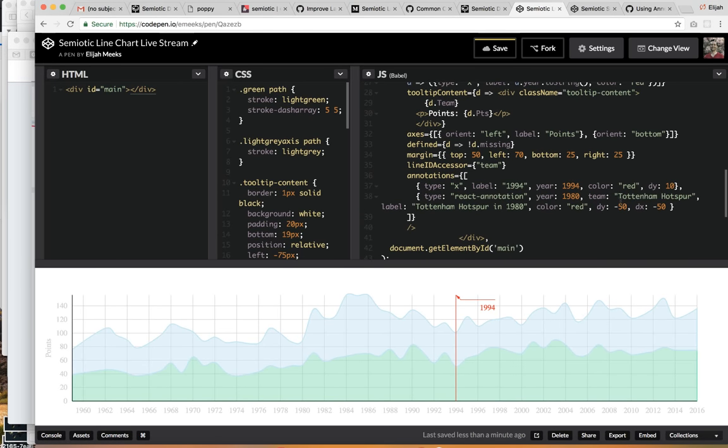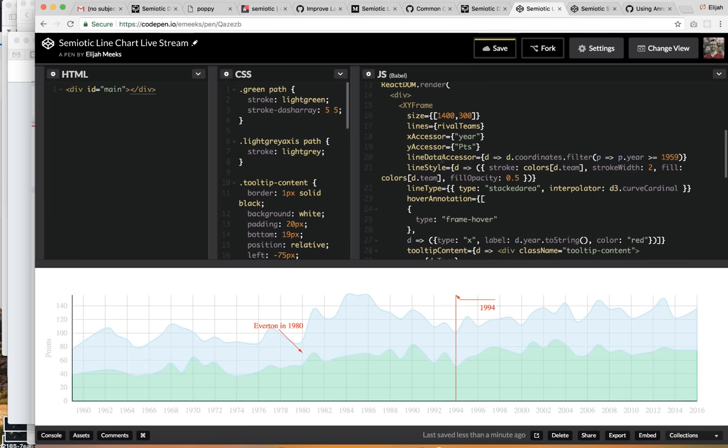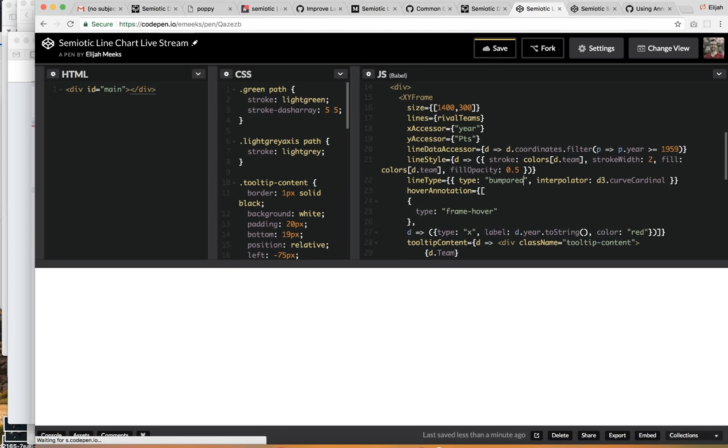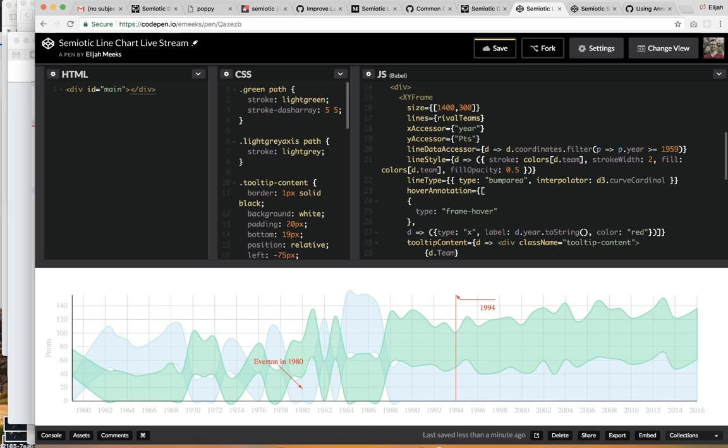I'll adjust my Tottenham Hotspur note so that it points to, I don't know, Everton, the worst team in the league. Not really, apparently, that's what I've learned from my data analysis, not the worst team in the league. So Everton in 1980, I've got this nice little stack chart. If I wanted to, I could do a bump area chart, right? Which shows now I can see sort of when Everton has scored less than Arsenal and when Everton has